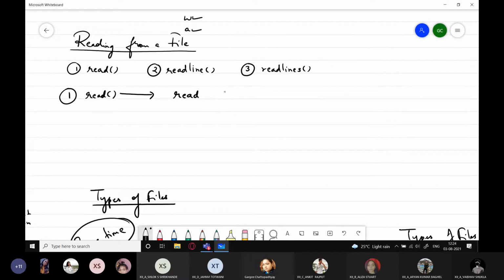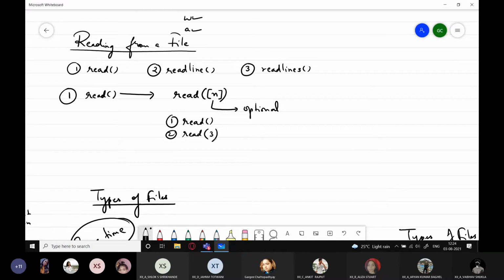The read function may or may not take one argument. You can see I have placed this n within square brackets, which shows that it is an optional argument. Optional argument means either you can call the function without any arguments, or you can pass one integer object to this argument.